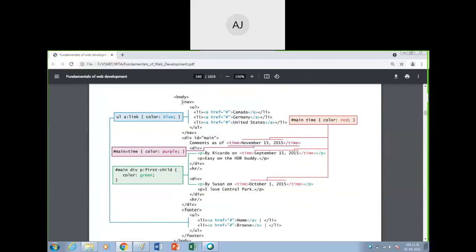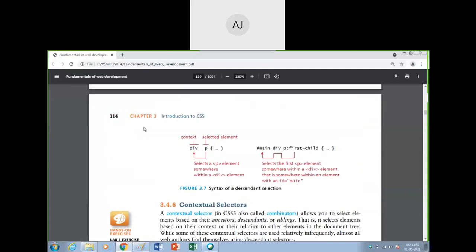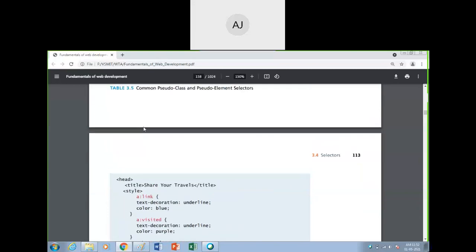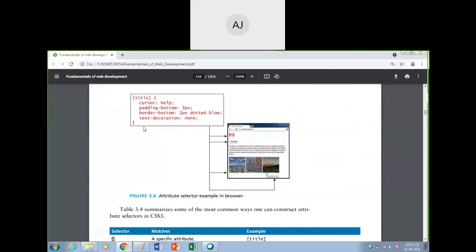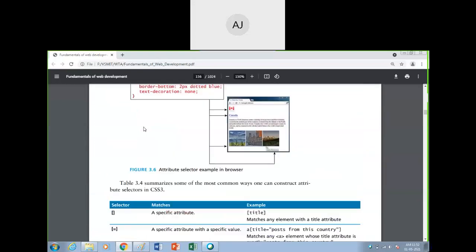Just see this body, you have UL and A, both you are using. And what about this a:link? What type of selector is it? Can you recall? A colon link, attribute selector. No, A is what? It's a tag, and link is what? It's an attribute. So this is an attribute selector we used yesterday. Yes. Sorry, one more thing. It has a pseudo what? Just wait. I think it's a pseudo class selector. No, pseudo element. Sorry, it's a pseudo element selector.